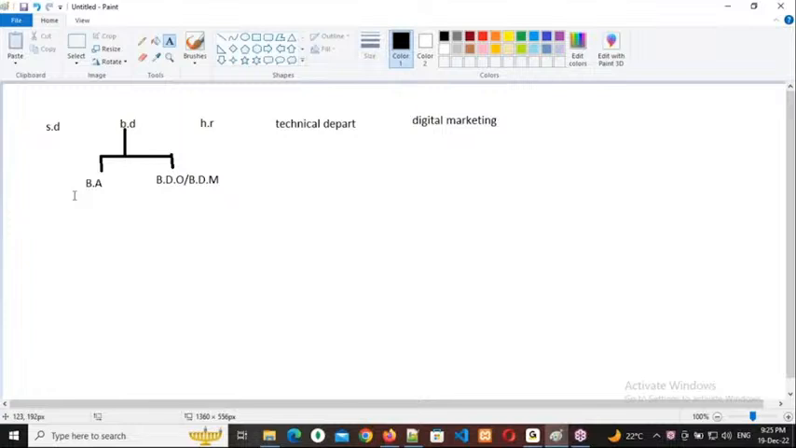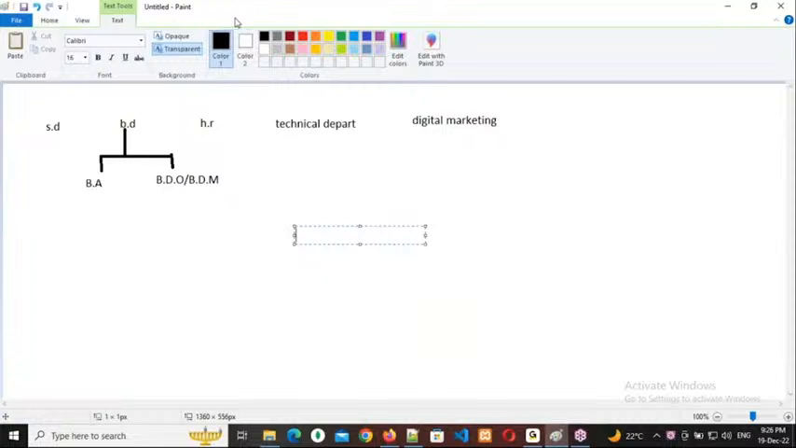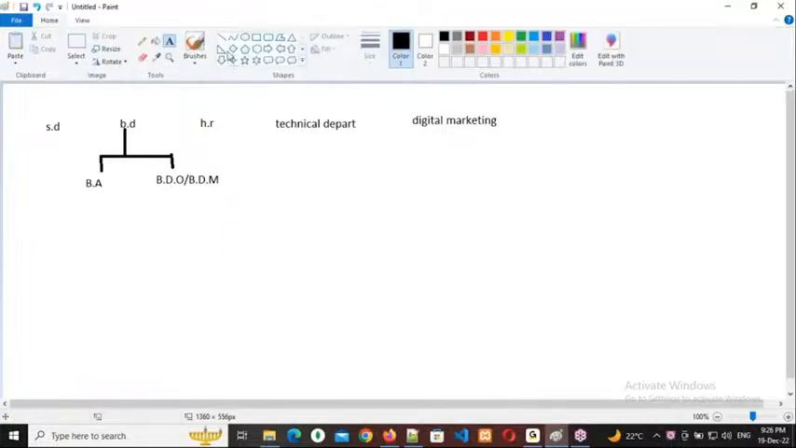Right. Once the requirements are finalized, thereafter they will conduct a meeting with the technical department. Before conducting that meeting, the business analyst will send the requirements documents to the technical department. So how many technical departments will be there? There will be multiple. One is